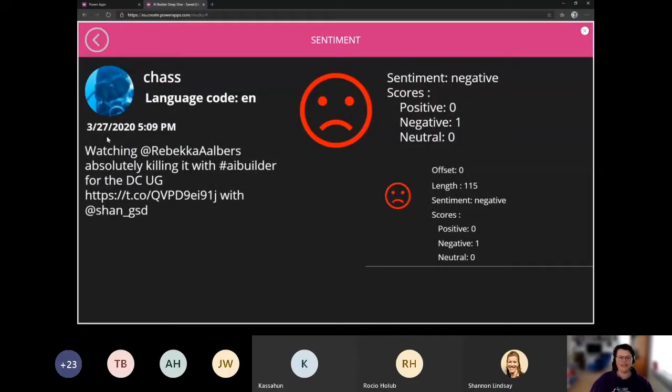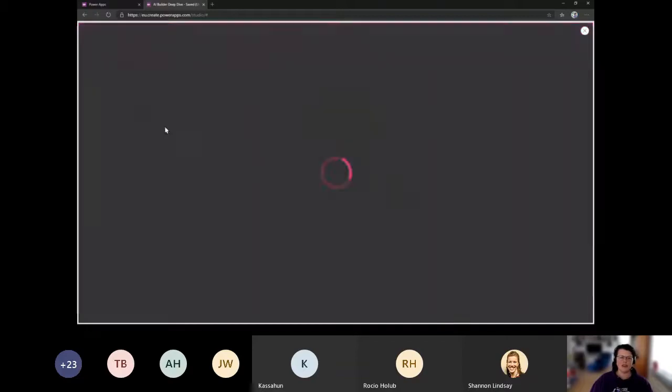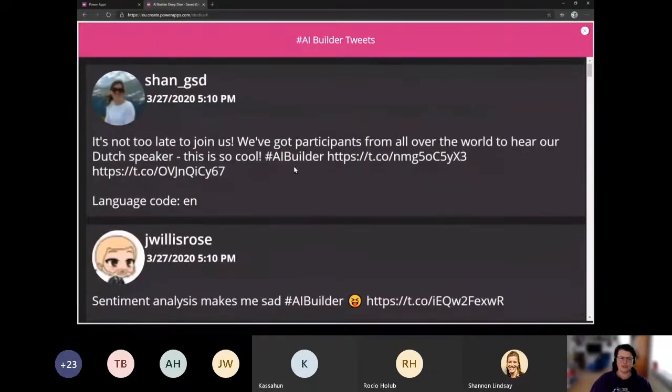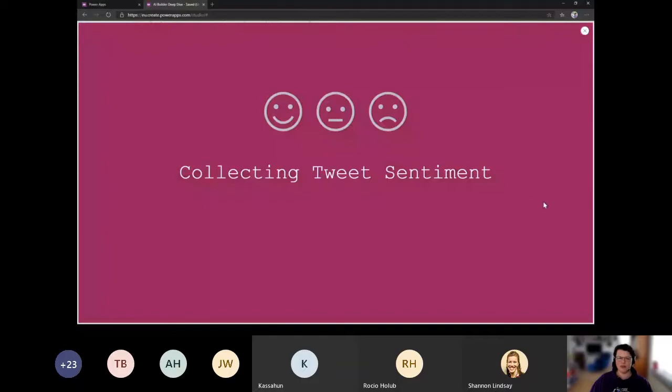And this is funny because it says it's negative, because apparently the word killing, which obviously he mentions as positive, is found negative by the AI Builder model. This is where you see that AI Builder still sometimes finds it difficult to determine what the actual sentiment is. So let's try some other one.